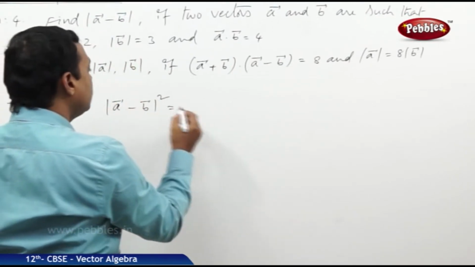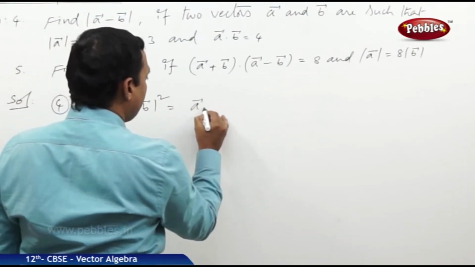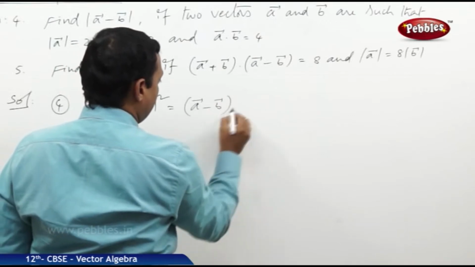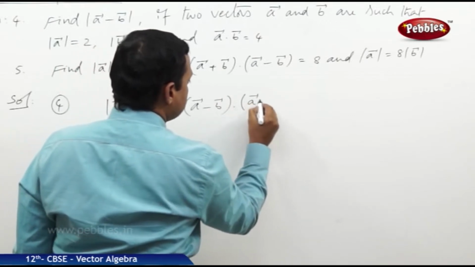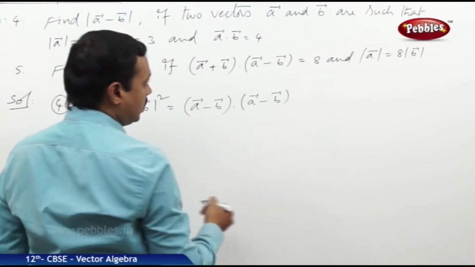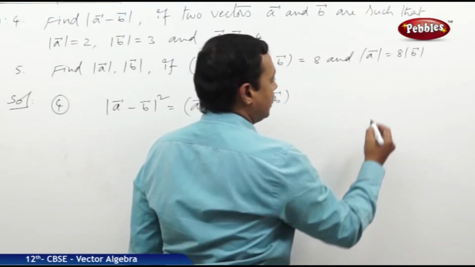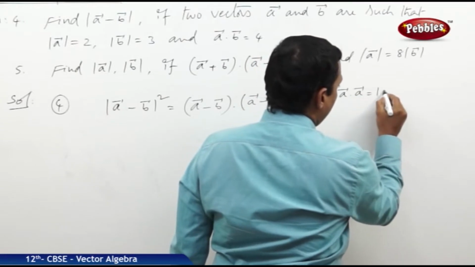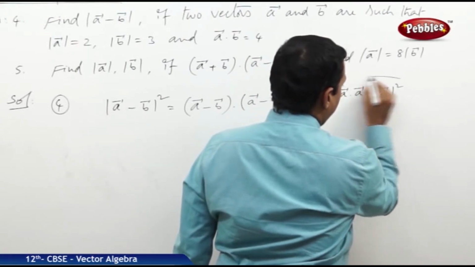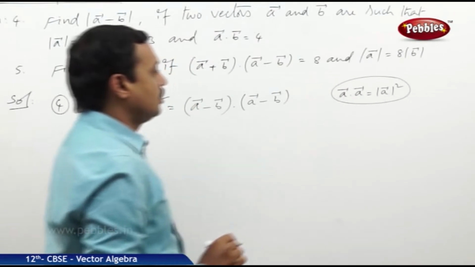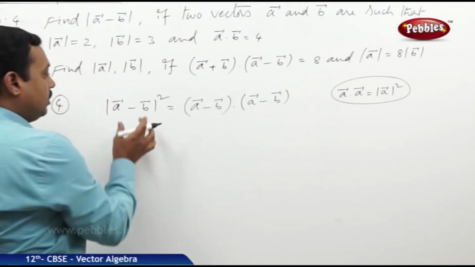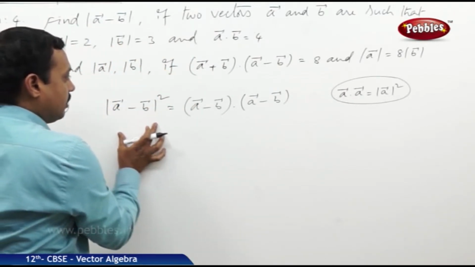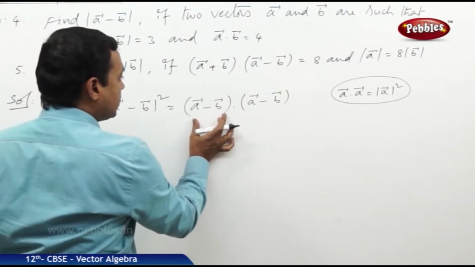Now we can write this one as a bar minus b bar dot a bar minus b bar. So earlier we studied that a dot a is equal to mod a square. So according to that, modulus of a minus b whole square can be taken as a minus b dot